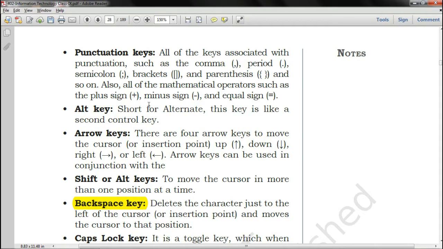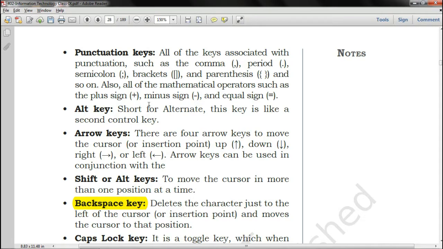Next are our arrow keys. Yes, arrow keys, you can also call it a joystick. I know a joystick is that lever which is helpful in playing games, but this is the first joystick which was made in the keyboard. So this is the kind of joystick, but we call it arrow keys.